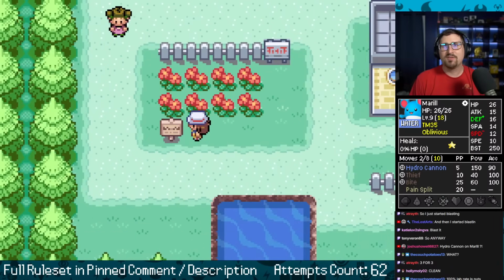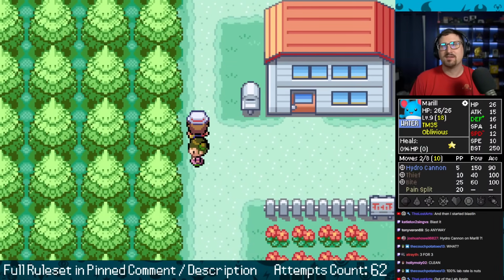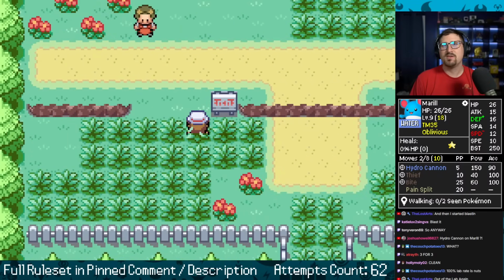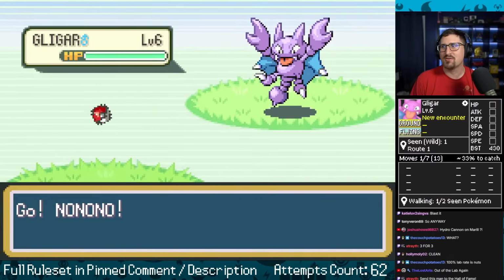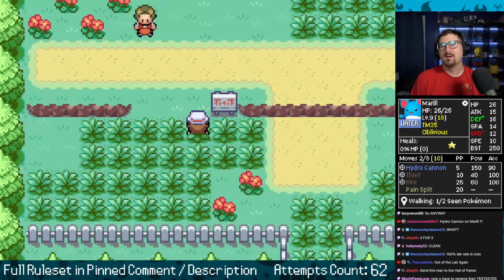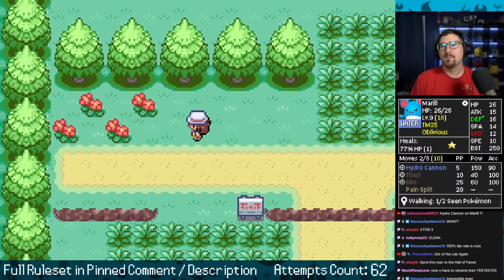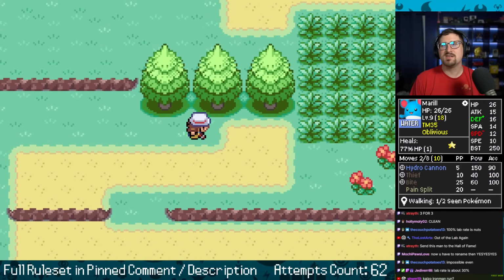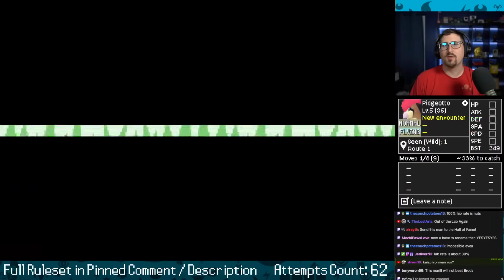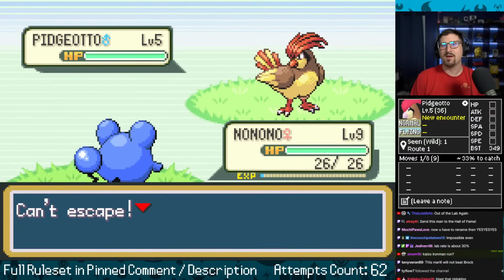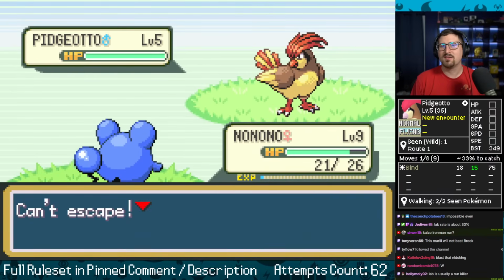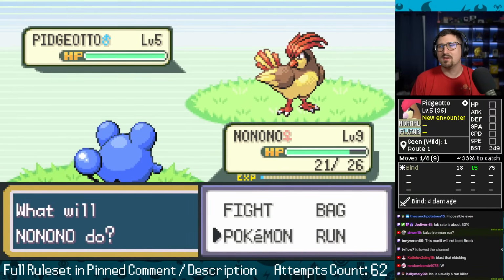Wow. This will probably be my last viable run. I'd like to at least pivot to a Pokemon again, but we'll see. I'd love to see you guys get crushed by Brock or whatever. Sorry, probably ain't it. My speed does suck, so ideally I want to find something to pivot to before I get totally trapped by something crappy. I'm trapped by this Pidgeotto. I can't escape. Oh, I literally can't escape because of the bind it used.